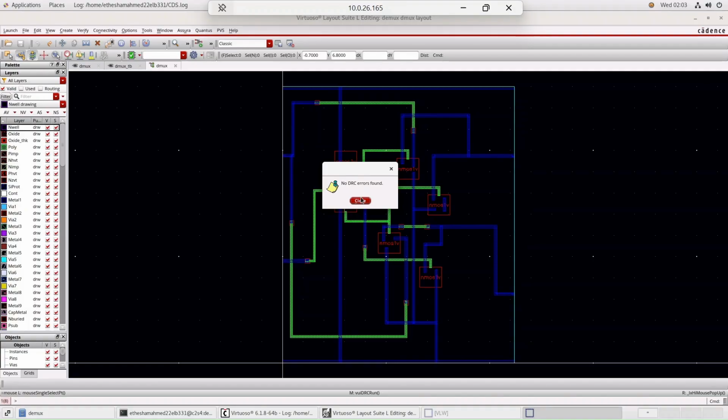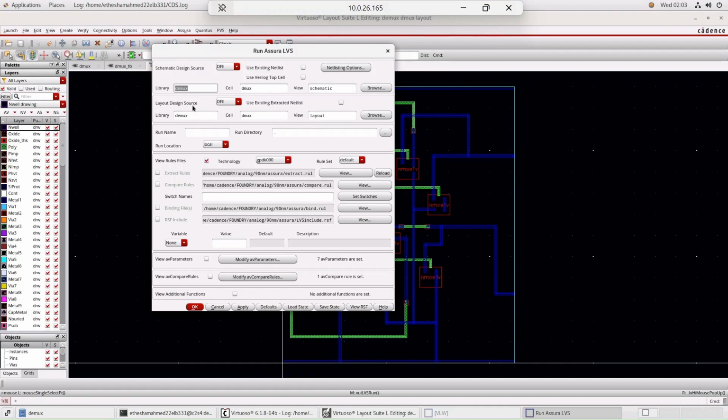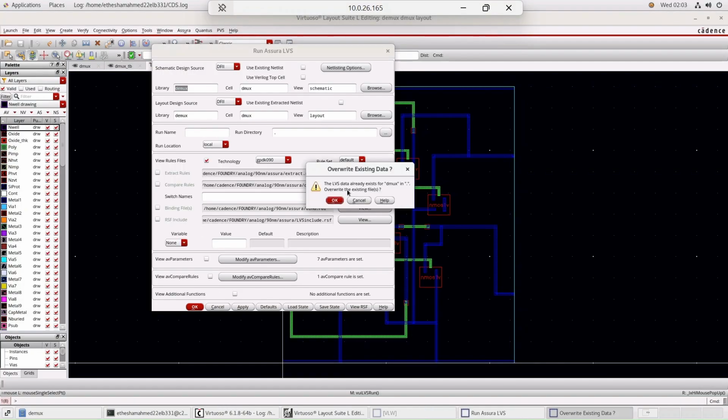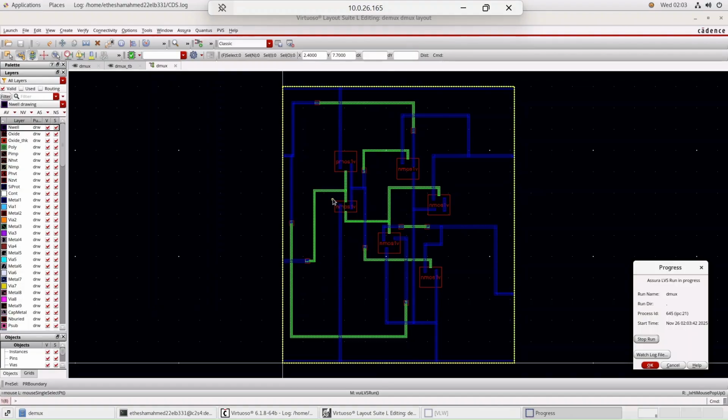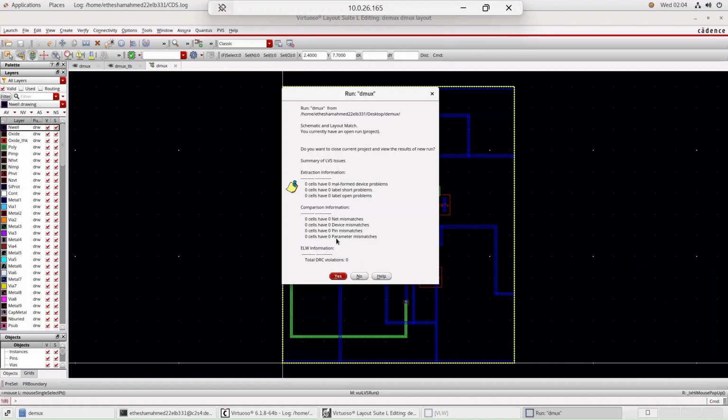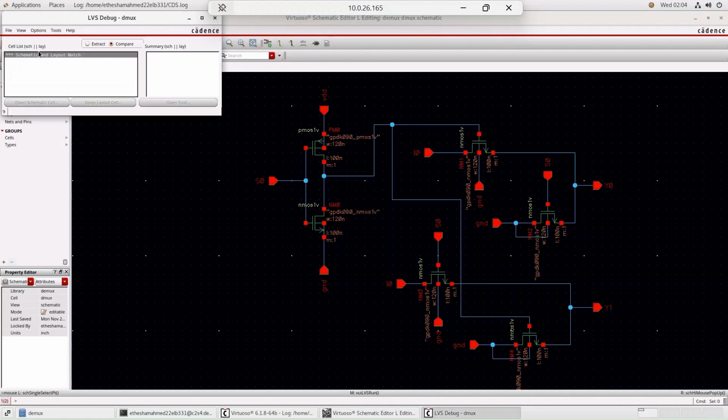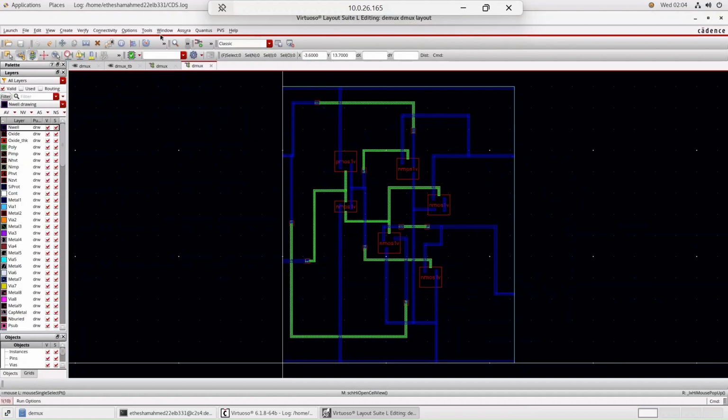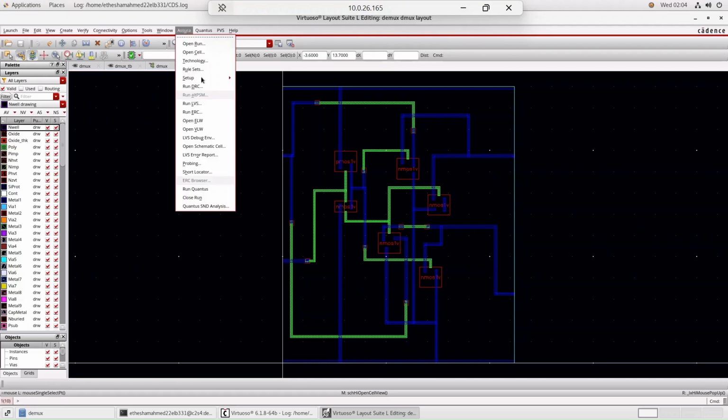The next verification step is layout versus schematic or LVS. LVS verification ensures that the physical layout is electrically equivalent to our original schematic design. I'm comparing the extracted netlist from the layout against the schematic netlist. So I'm running the LVS check now, and the results show that the LVS is clean, which means the comparison is successful. And since both DRC and LVS have been checked, we are ready for the next critical step, which